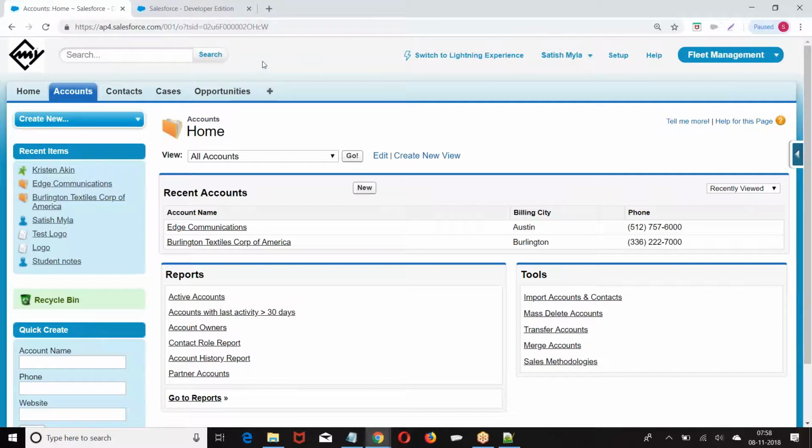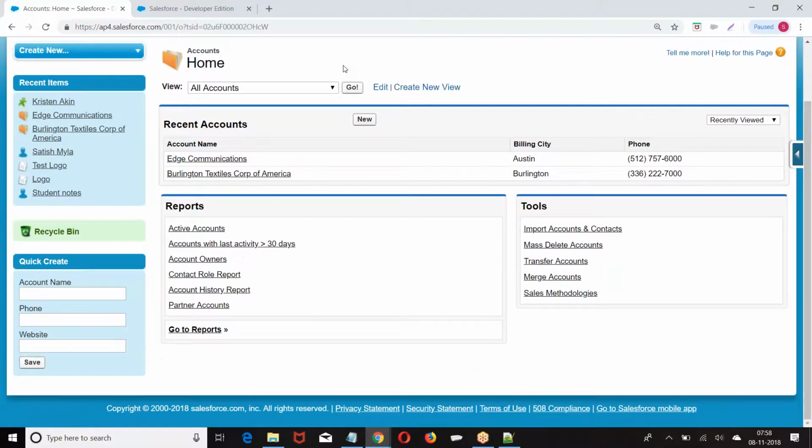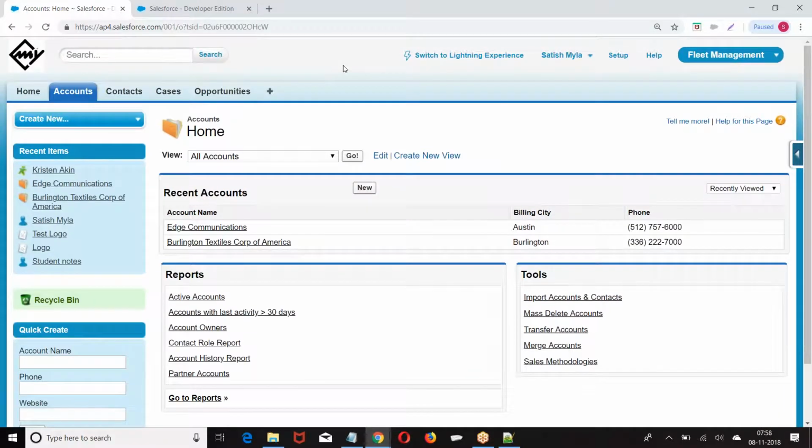How do you edit the application? Like if you want to add more objects and give permission. Got it, got your point. Right. What is the last step? We are done. I told visible to system admin. Because Satish has a system admin profile, it will automatically be seen here.